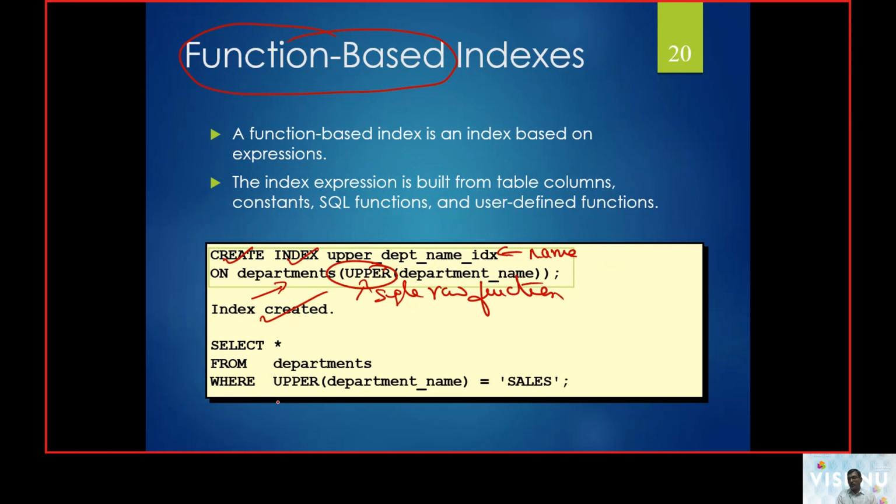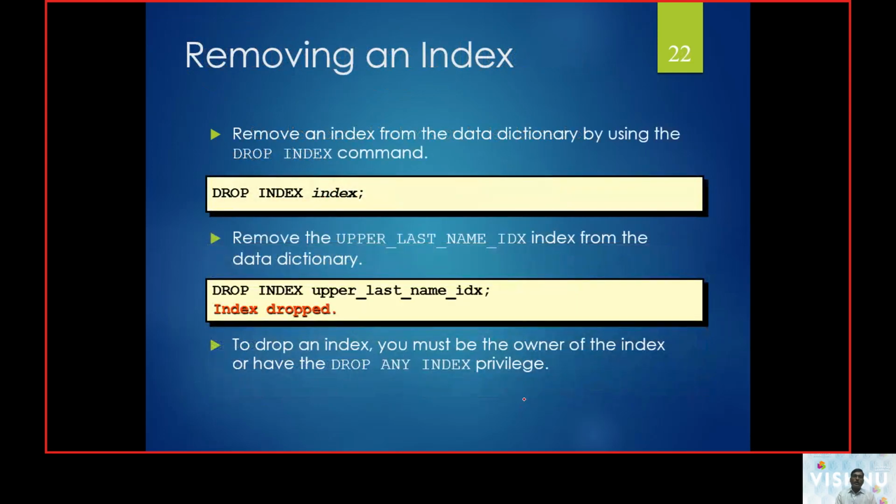Now how can I use that index in my SQL query? We say select star from department. This is the conventional query, and then we call the where clause. Now you can see this entire single row function is called at a time. It gives speed access where the department name is sales. So we created an index, we altered an index, we worked with the functioning of an index, and thereby now it is up to us to drop the index.